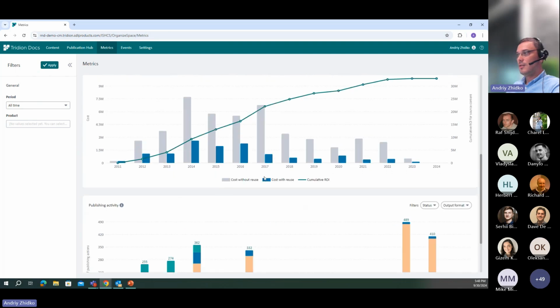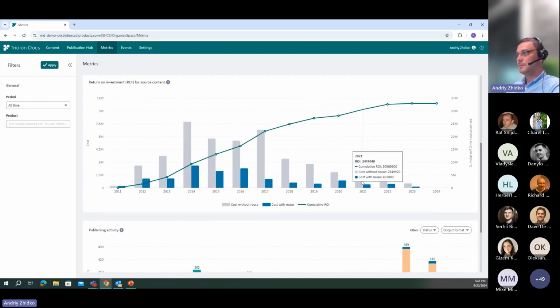So the ROI chart shows you, it's a combo chart. As you can see, there are a left axis and a right axis. So the left axis shows you the numbers for ROI for aggregated periods. So for example, for year 2020, ROI is